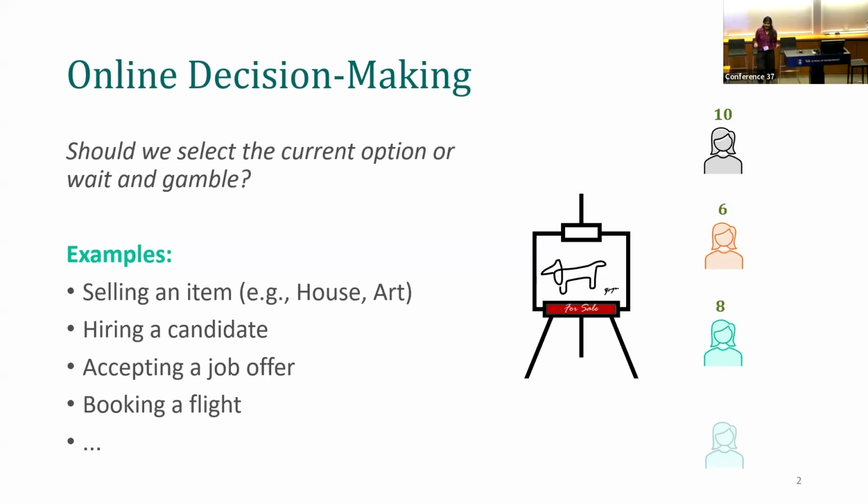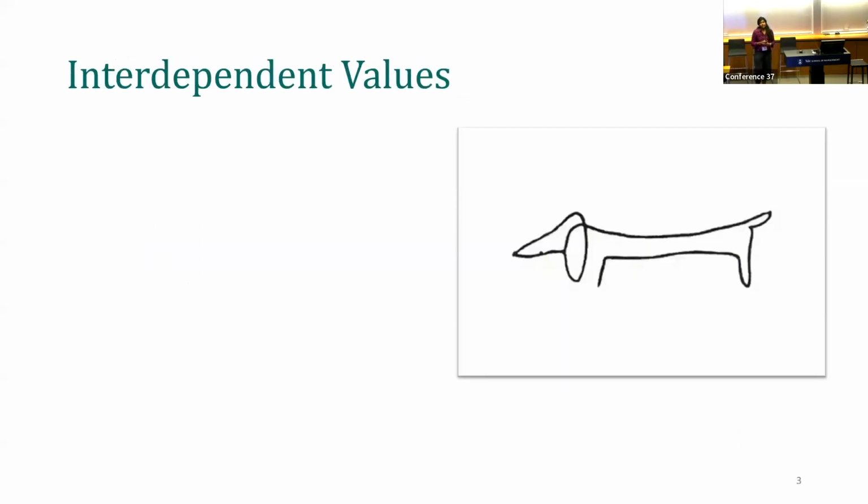But in many of these settings, including when I want to sell this item, we are faced with an additional challenge. And that is of interdependent values. Because if I'm trying to sell this painting, let's say, and you are the buyers here, I want to ask you, what is your value for this art? Just think about that. But now, what if I tell you that this is actually a Picasso? I bet for most of us here, this would have really changed our values, like from maybe $10 to hundreds and thousands of dollars, right?